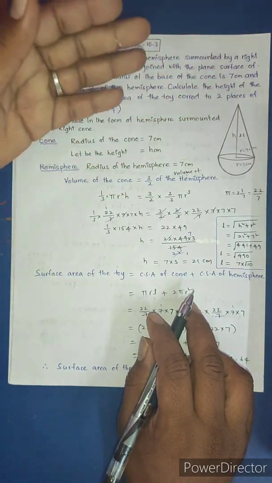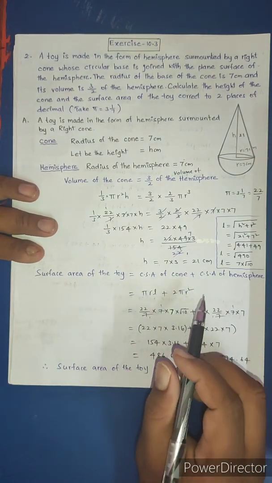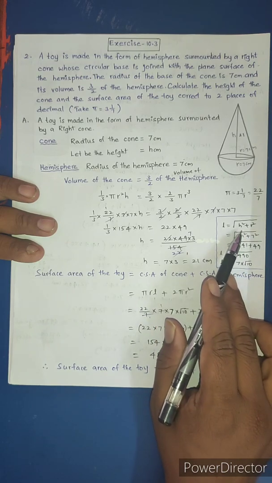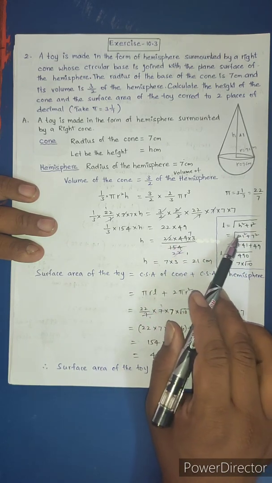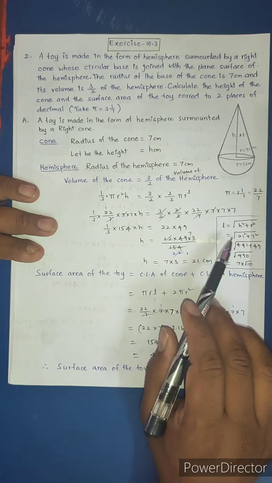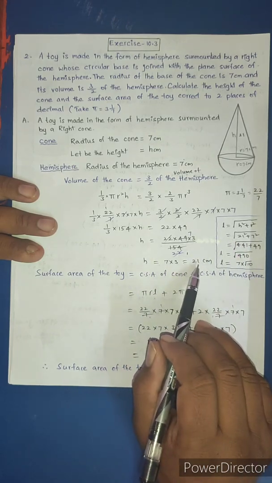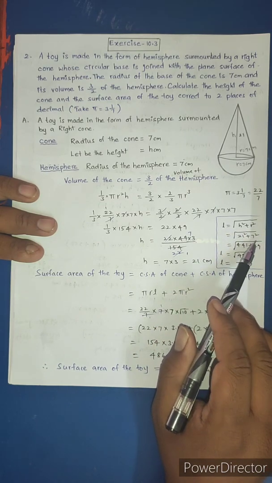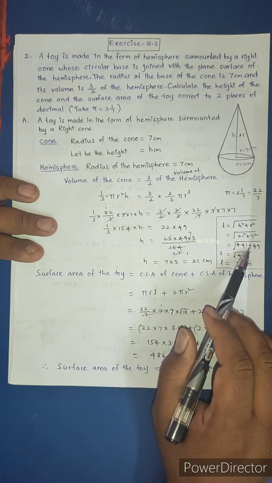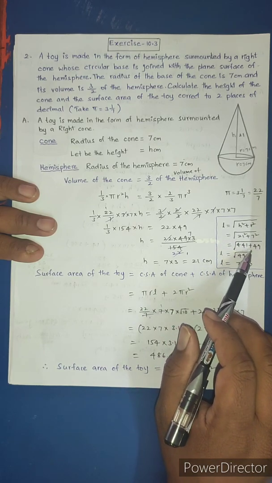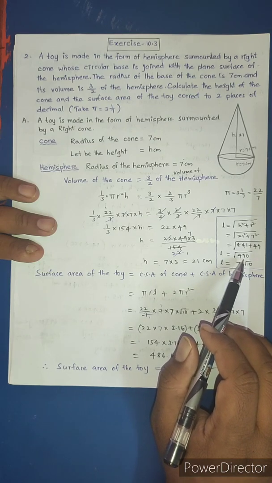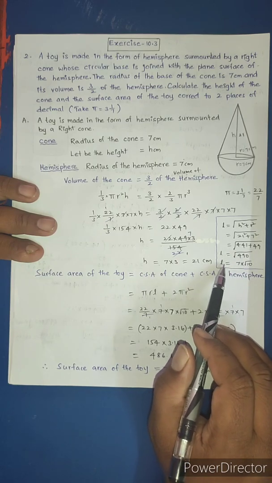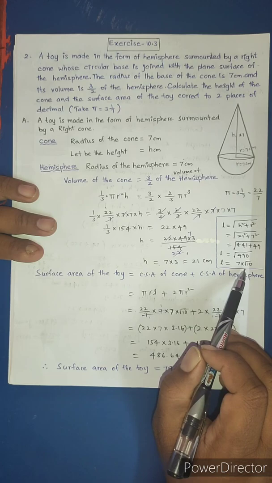To find the curved surface area, we needed the value of slanting height L. So L is equal to square root of h square plus r square. I don't have place here, for that sake, I adjust this answer. You write downside of this step. L is equal to square root of h square plus r square. H value 21, r value 7. 21 square means 441 plus 7 square 49. 441 plus 49 is 490. 7 7s are 49. So 7 outside root 10. The slanting height of cone L is equal to 7 into root 10.